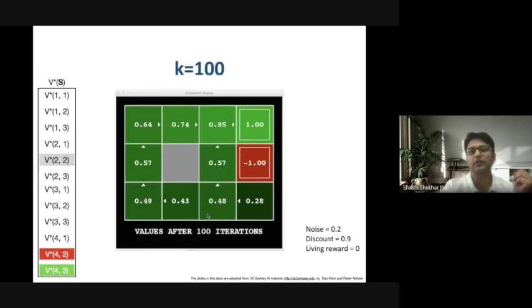Only a few state values change, the others become static. After 100, even if you keep on running value iteration, none of the state values will change. That simply shows that the values have converged. However many times you keep running value iteration, the values of these states will not change.